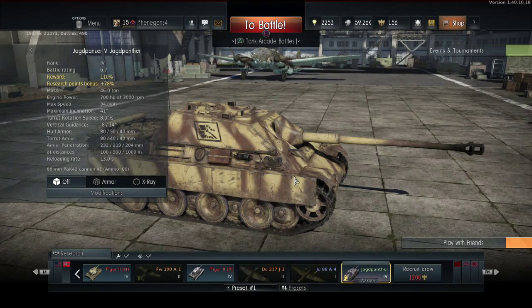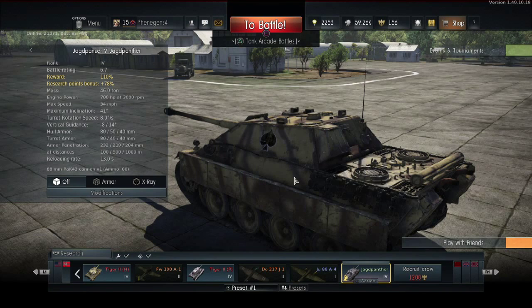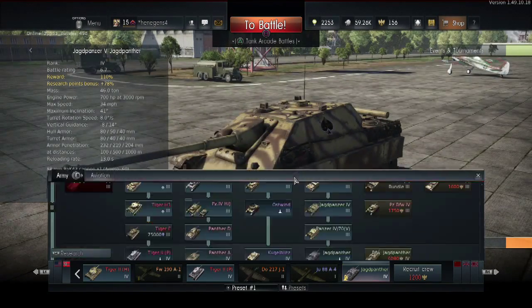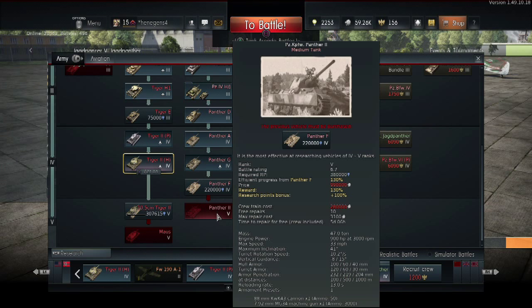But you don't have to play defense with this guy only. What's nice about it is, what I would do with the Panthers is I would rush the enemy and try to flank them, hit them at their sides. But the biggest issue with the Panther line is what tier all of the Panthers are in. They're in tier 4, and the issue is I'm going up against the Russian IS-1s and IS-2s. Those guys don't go down easy. They have pretty heavy armor and pretty rounded surfaces. The Panther's guns don't do it. I know the Panther 2,